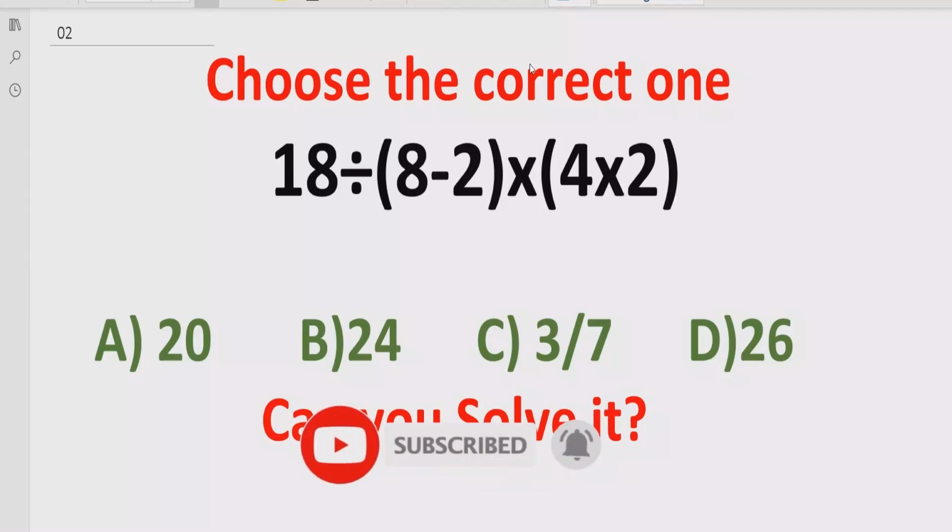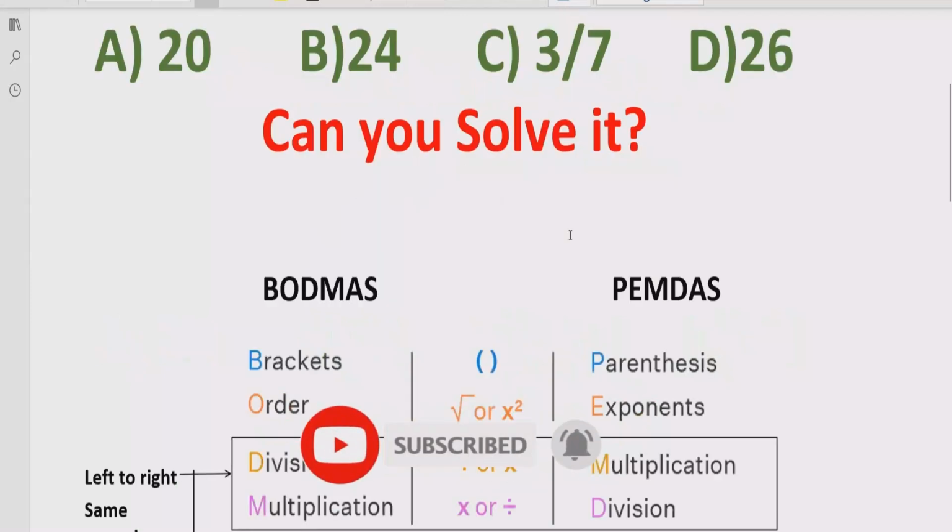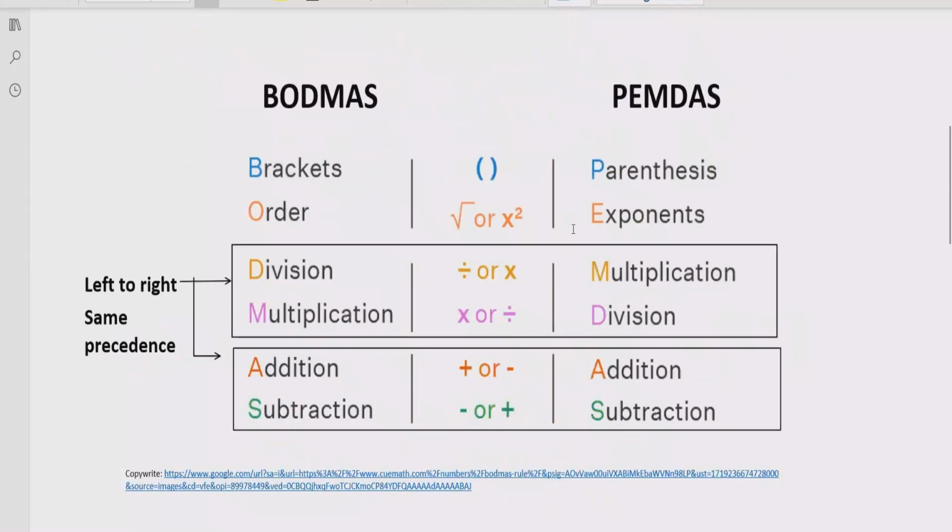Now let's talk about what the PEMDAS and BODMAS method is. As you can see on the screen, we have two rules here which we are using to solve this expression, and actually both rules are similar. If you use either of them, you can get the correct result. The rule says that if you have a bracket or parenthesis in your expression, you have to solve that part first.